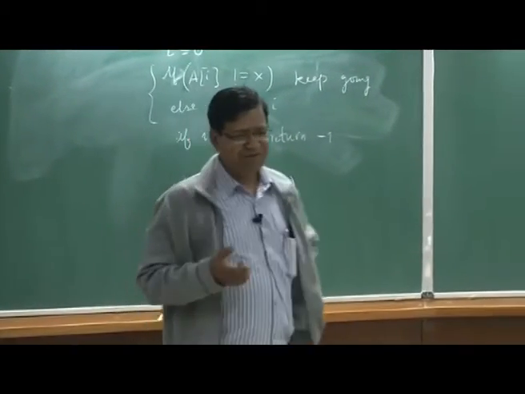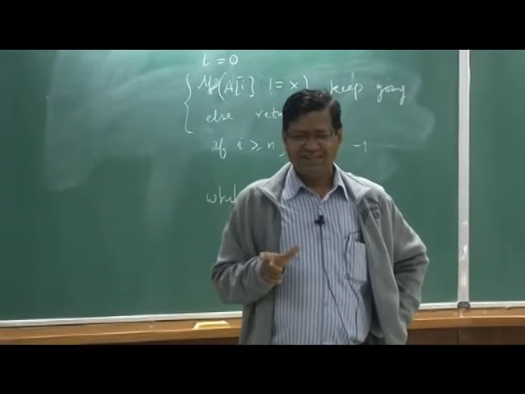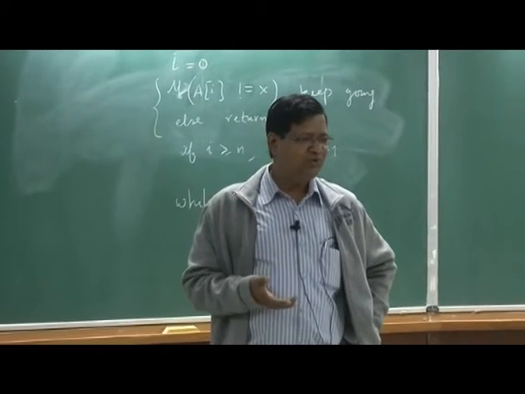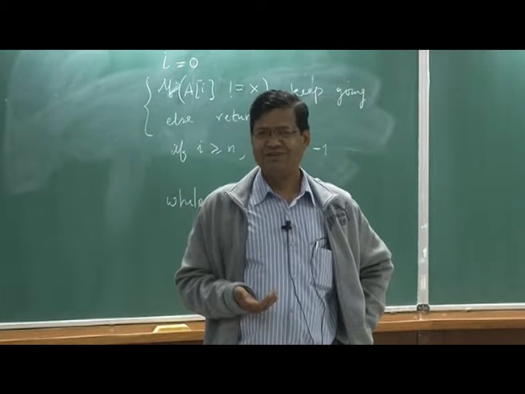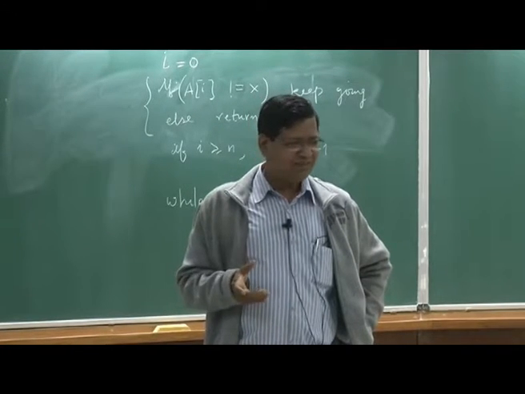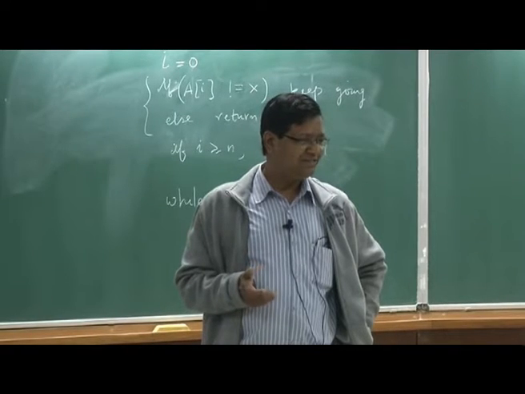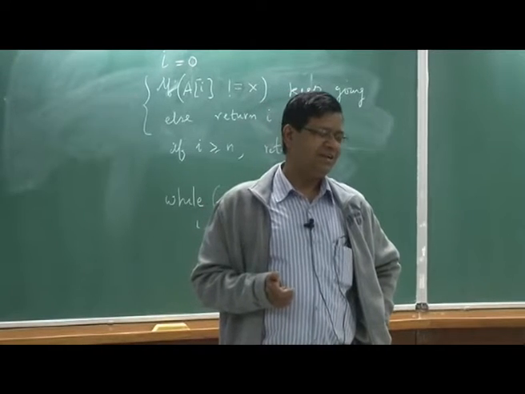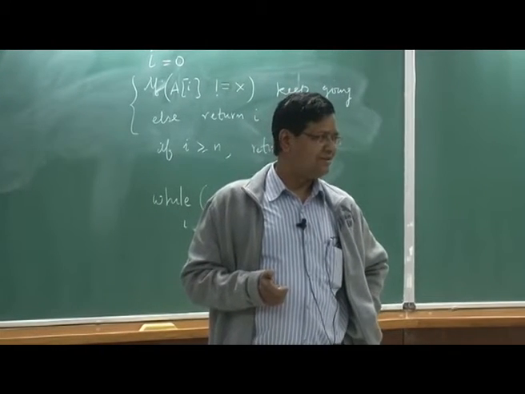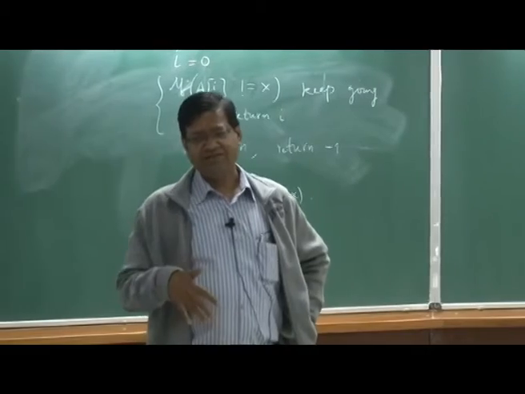In fact, I asked this puzzle and everybody answered. If you think of a number between 1 and 100, how many queries do you need to find out the number I have thought about? Do you need 100 queries? You need fewer. How many? 6, actually 8. So it is called binary search.